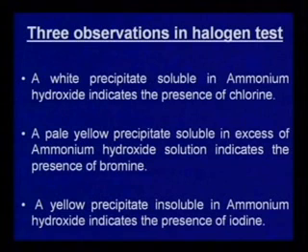If you are getting a white precipitate which is soluble in ammonium hydroxide, then chlorine is present. If you are getting a pale yellow precipitate which is soluble in excess of ammonia, liquid ammonia or ammonium hydroxide, that means bromine is present. And if you get a yellow precipitate which is insoluble in excess, even if you take whatever amount of ammonium hydroxide, it is insoluble, that means iodine is present. So depending upon what observations you are getting, you can find out which of the halogens is present in